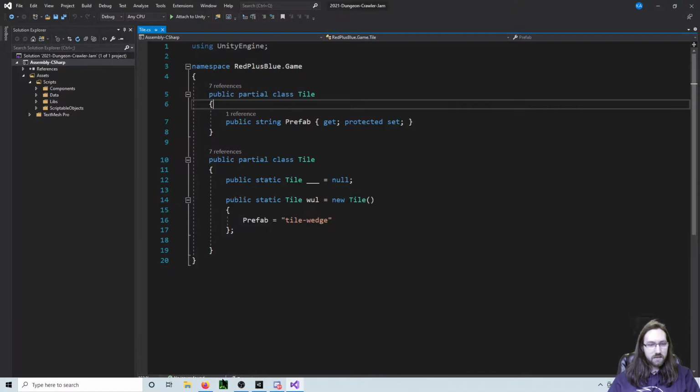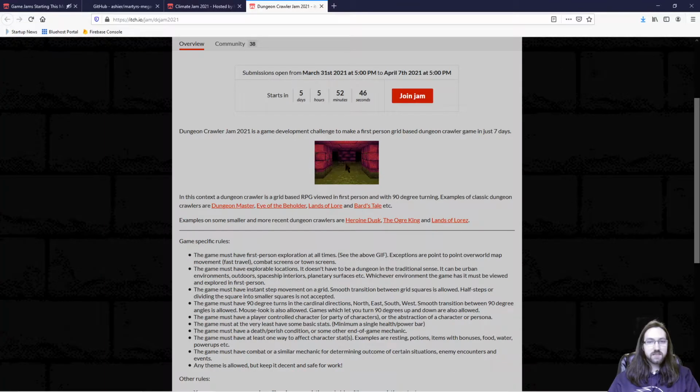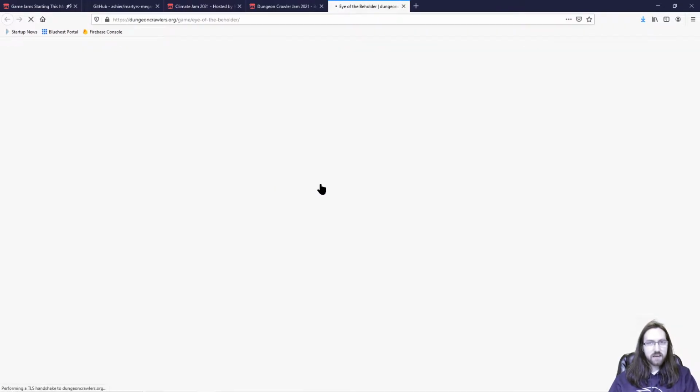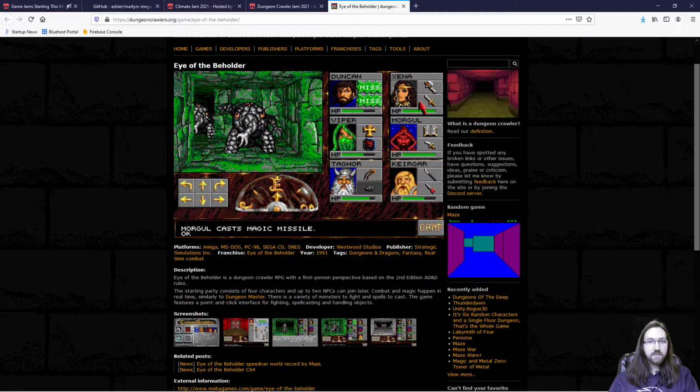So for the Dungeon Crawler Jam, we actually have to make a 3D game. I think it doesn't explicitly say it has to be 3D, but it does say that it has to have 90-degree turning in cardinal directions, and it has to be first person. So we have to make something similar to this. I think Eye of the Beholder. Yeah, so it needs to have this kind of